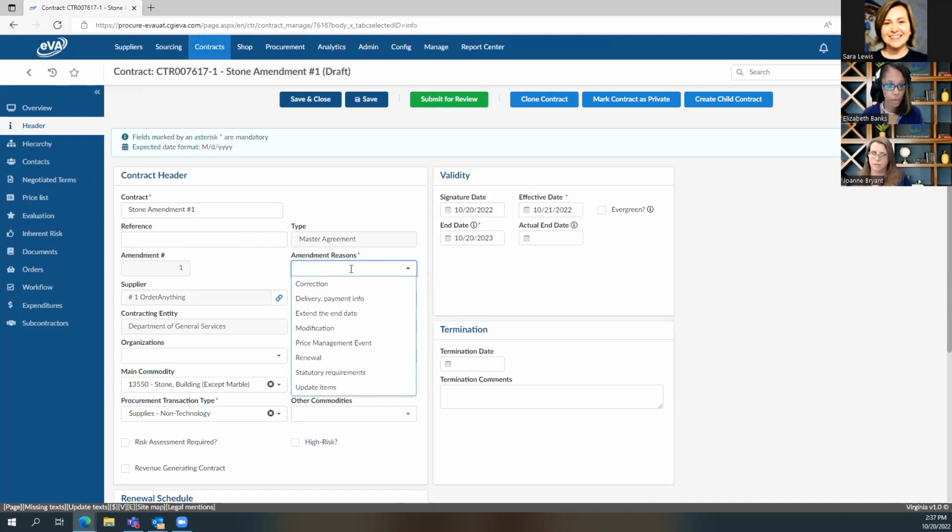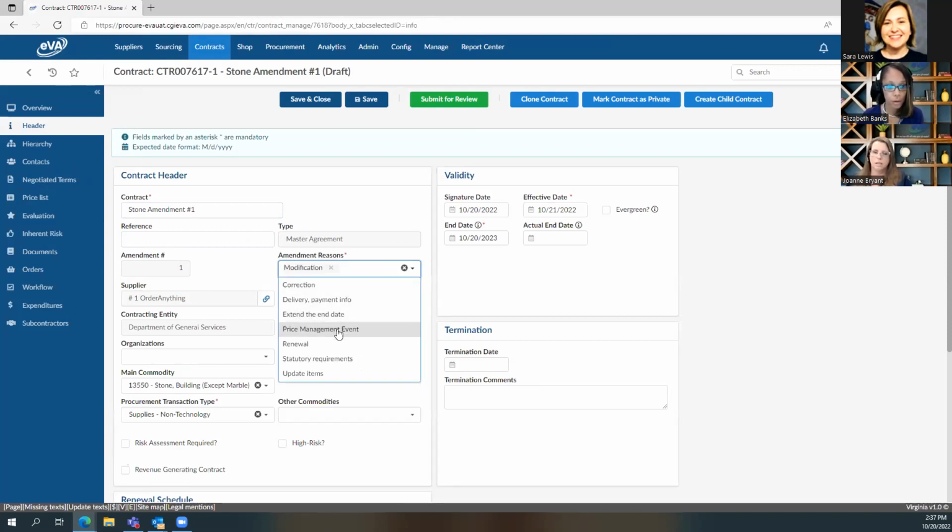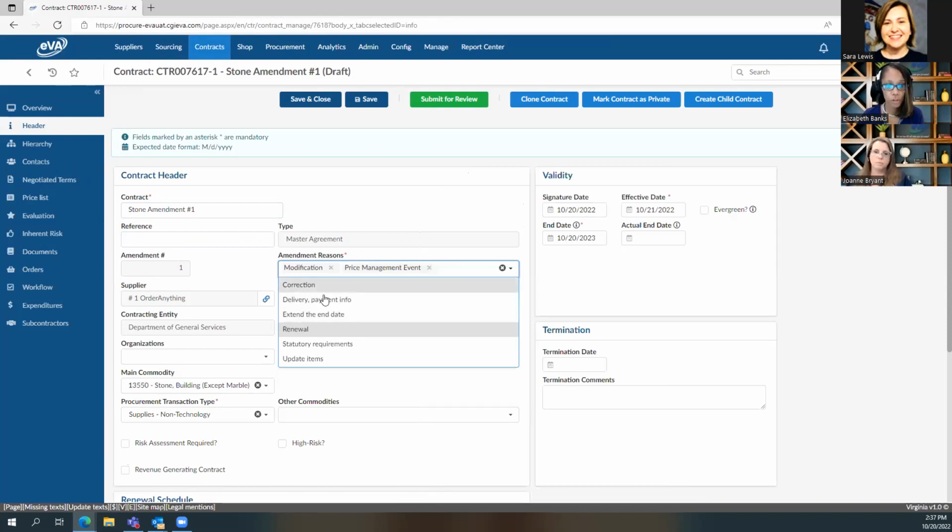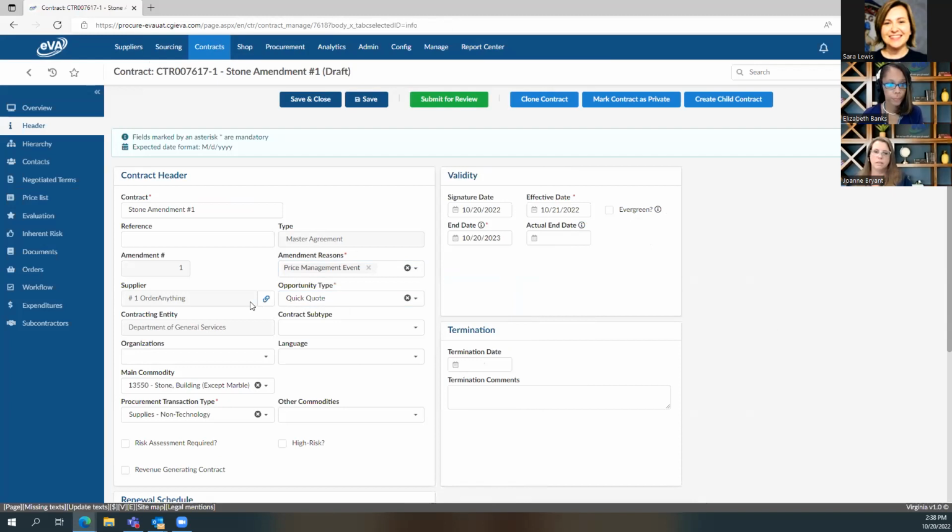So we're going to put in, let's just say, a modification in price management event. You can choose all the options here in the box that pertain to your amendment reasons. So let's just stick with price management event. All right, so we're going to save.